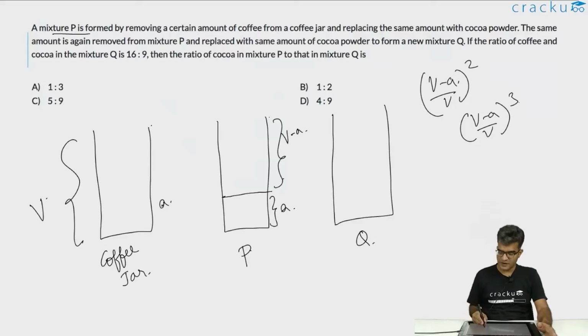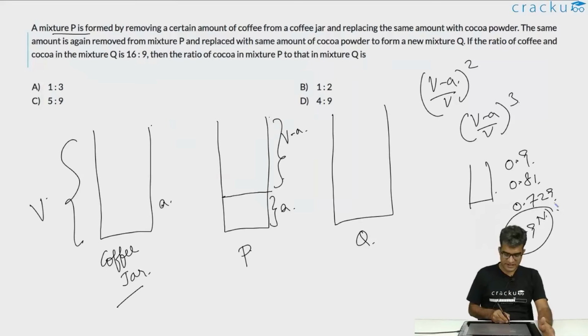For example, if you have a 1000 ml solution of clear water, of which 100 ml is replaced with milk, the amount of water will be 0.9. If this process is repeated 2 times, it will be 0.81. If this is repeated 3 times, it will be 0.729. We are essentially making it 0.9 to the power n. Similarly, over here, if A amount is being replaced with cocoa powder, initially